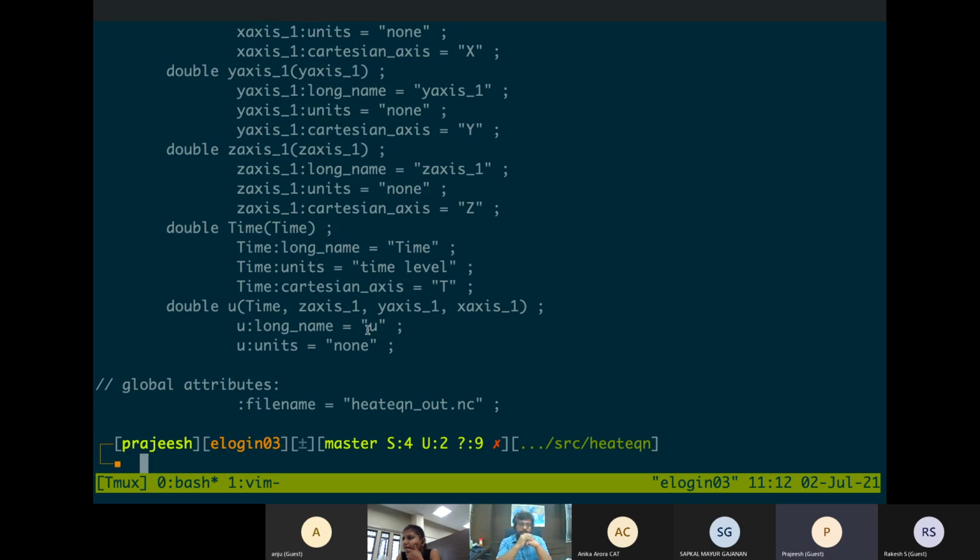So this write data is a very quick way of writing a NetCDF output. If you want more functionalities and more control, there are other lower level routines which we can use. This is just if you quickly want to output it and see something in NetCDF.